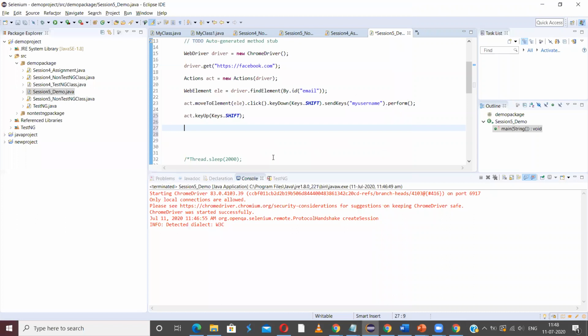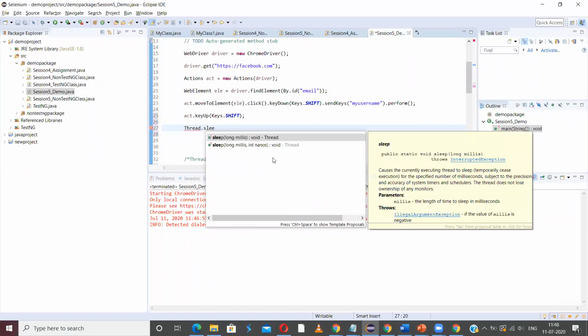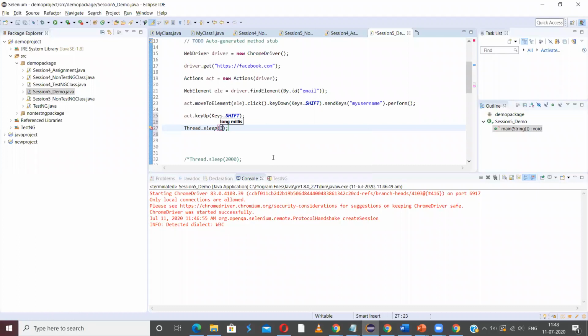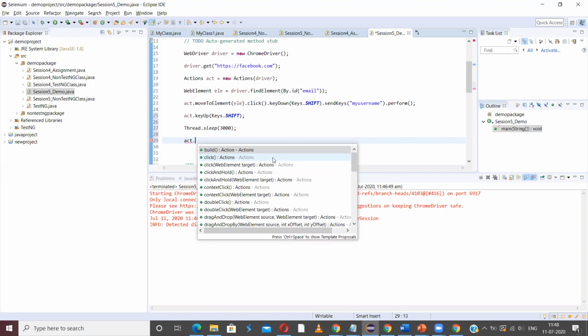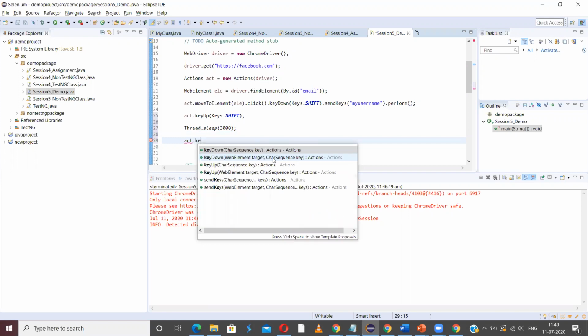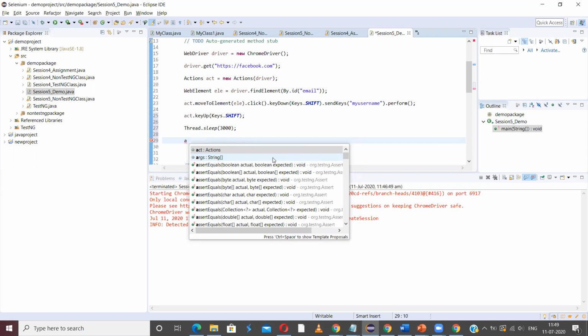So let us wait for some time and then perform the double click, okay. So there will be better visibility when we run the program, okay. Now I have to release. So already, okay, this is double click, right?